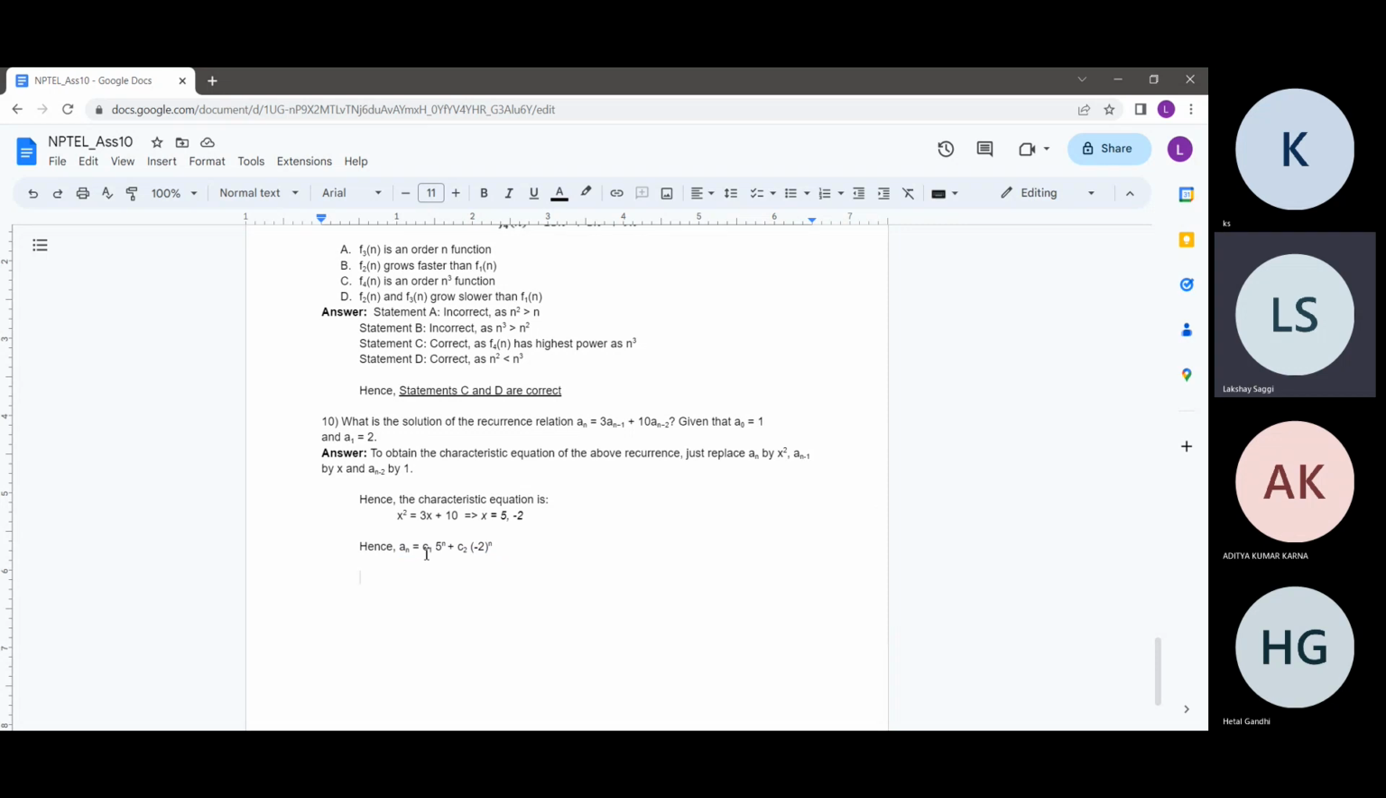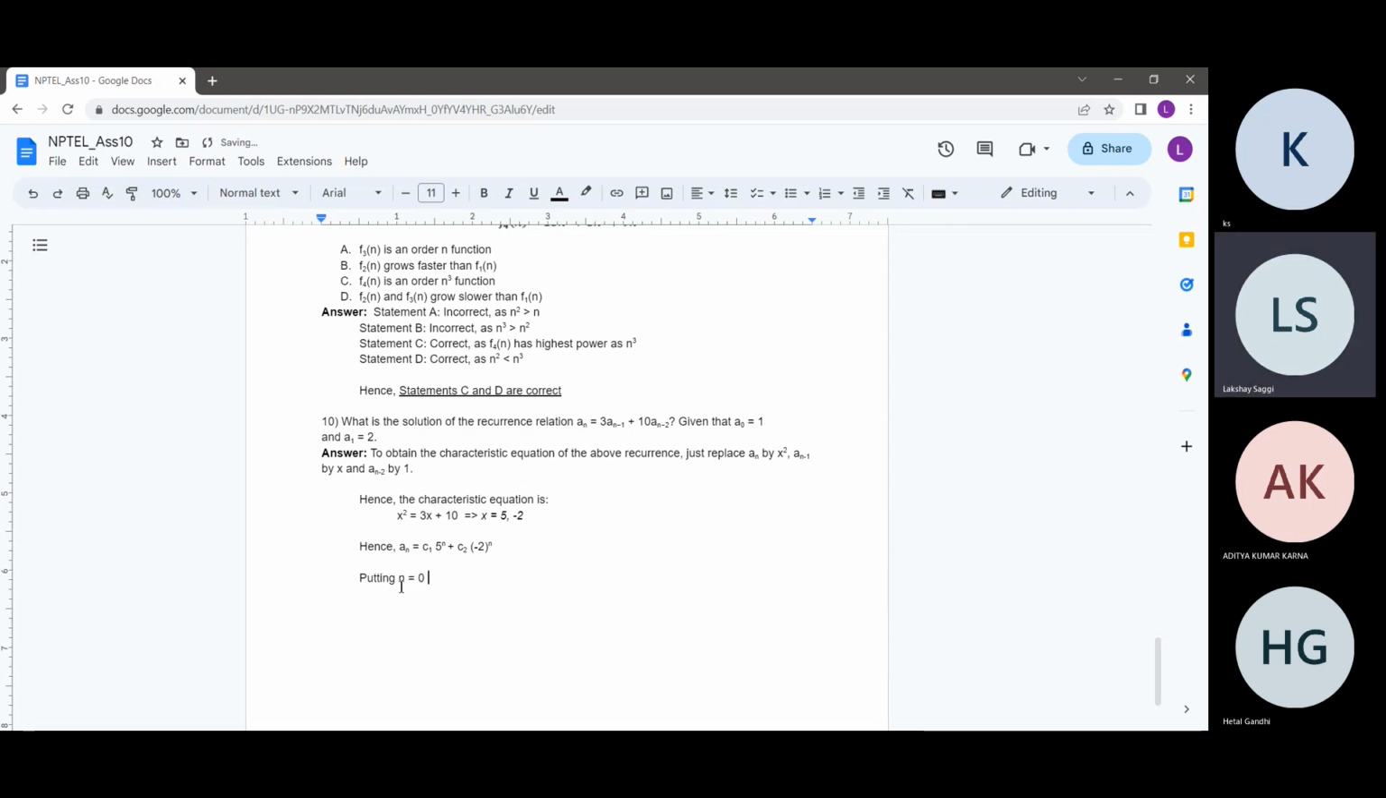So now we still don't know the value of these constants c1 and c2. And now how do we find these constants? We find these constants using the base cases, if you guys remember. So we are given that a_0 is 1 and a_1 is 2. So basically we are given the value of a_0, when n equals 0. So putting n equals 0,